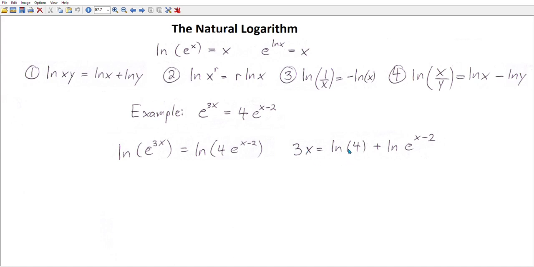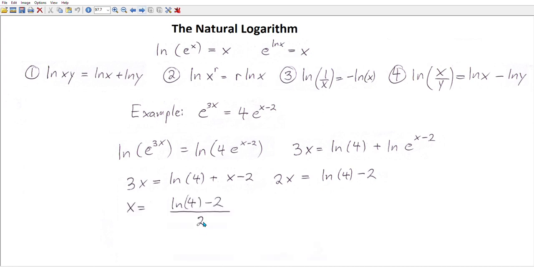This is the log of 4 plus the log of e to the x minus 2. Same property, log of e to the x is x, so the log of e to the x minus 2 is just going to be x minus 2. And we've now got this equation, which is a linear equation in x. We subtract x from both sides, and we get 2x is the log of 4 minus 2. And that means that x is the log of 4 minus 2 divided by 2,